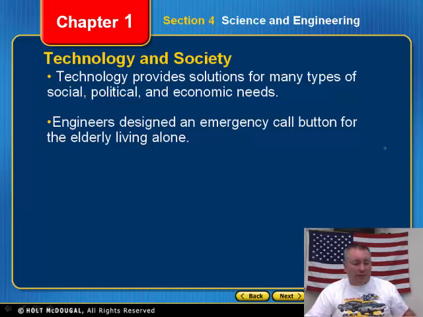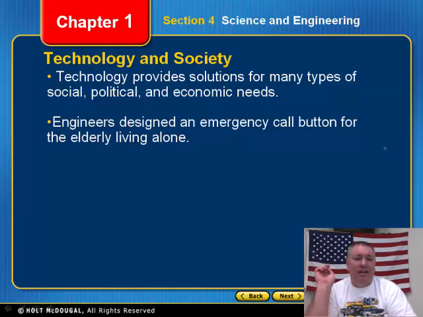If you have an elderly relative, all right, those little call buttons. If you've seen them on TV, "Help me, I've fallen and I can't get up." They push the button. Well, when they push that button, it sends a signal to 911 dispatch that says, "Hey, this person needs help." This has really helped them out. This made the elderly living alone at home even more